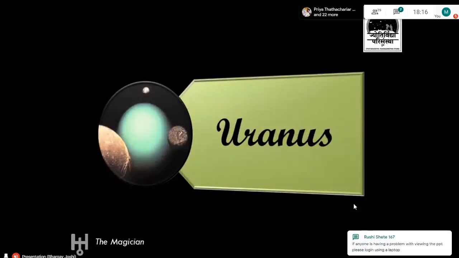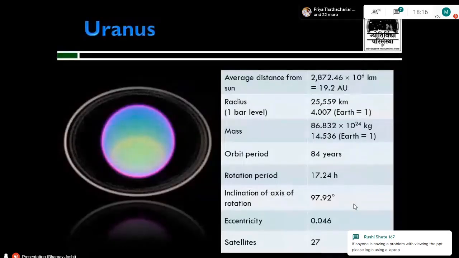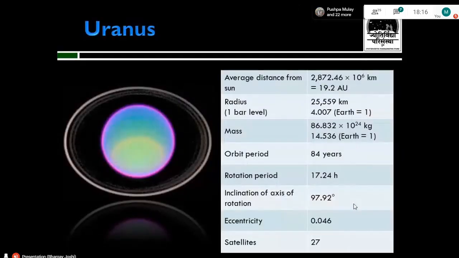So this is the planet Uranus. Uranus is so far away from the sun that you can experience all seasons on Uranus only once in your lifetime. The duration of the seasons is so long that each season lasts for 20 years. So imagine being stuck on Uranus in the summer season for 20 years, or stuck there in winter for 20 years. That is one of the most interesting things.